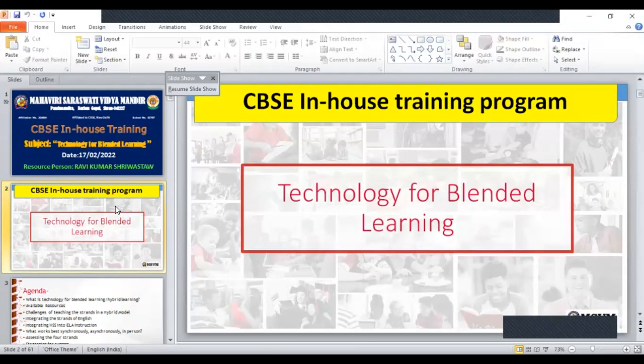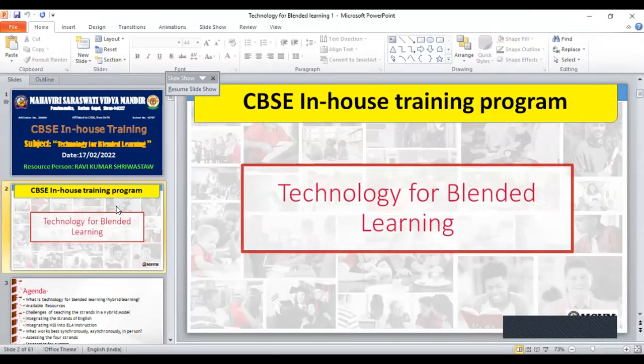Technology for blended learning. You know, blending the ICT tools for remote learning, as we discussed previously, and we have discussed much more about it. Blended learning is about finding improved ways of supporting learning and learners in achieving the learning objectives and providing them with the best possible learning and teaching experiences.